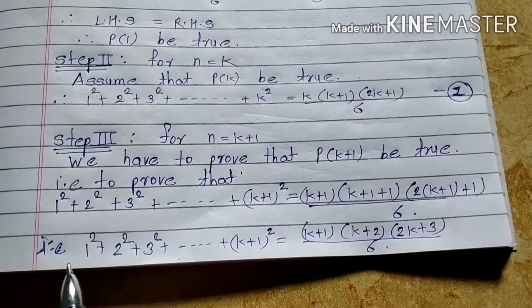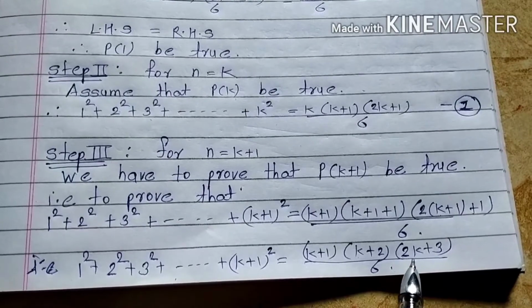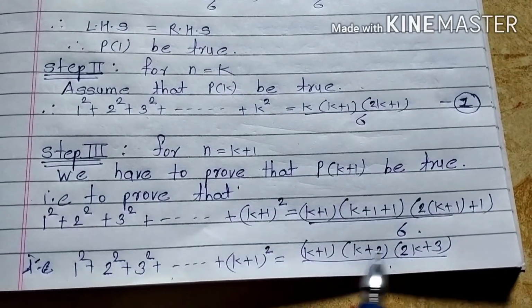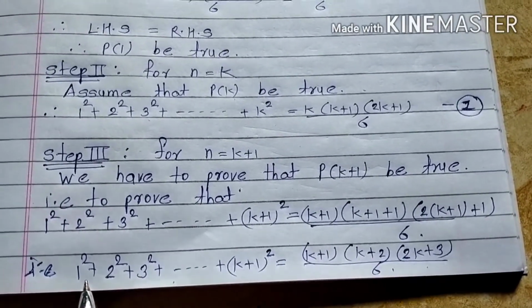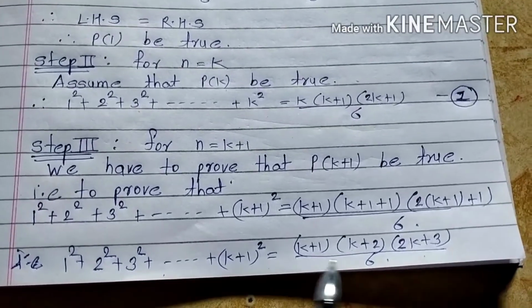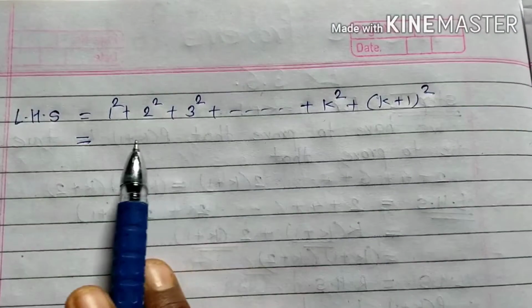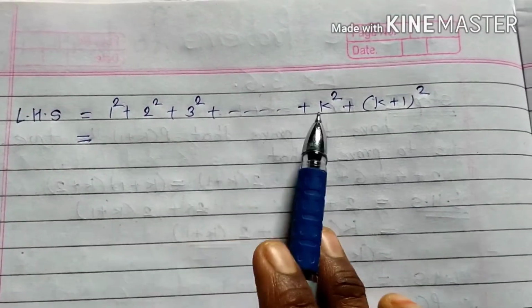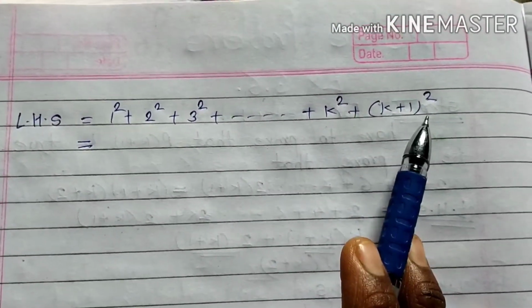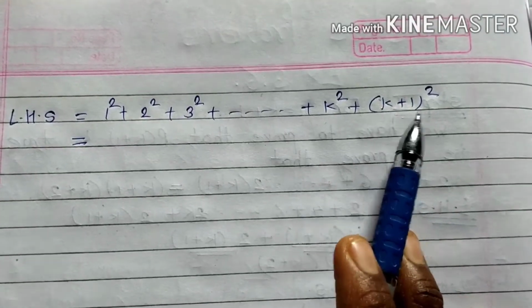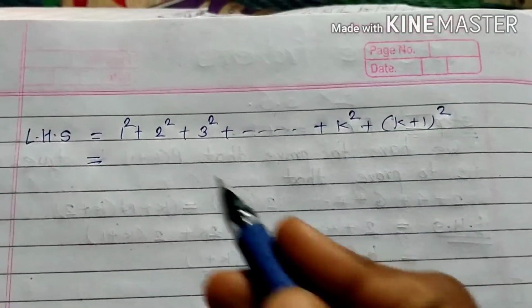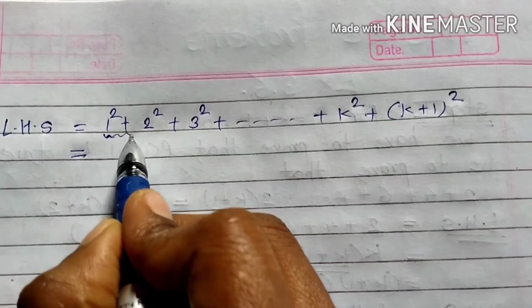So now we have to prove that this is LHS and this RHS. We have to prove that LHS equal to RHS. So consider this LHS and then prove this RHS. So this is our LHS side, 1 square plus 2 square plus 3 square up to so on k plus 1 square, but before k plus 1 square there is k square. And you can observe that